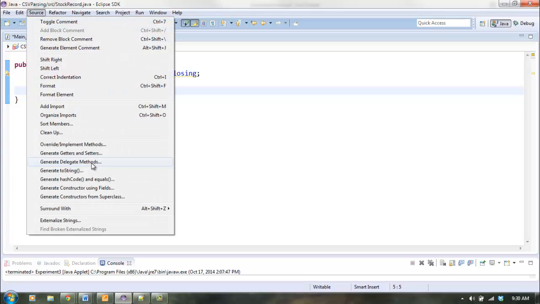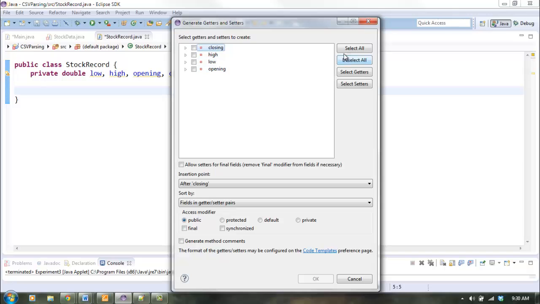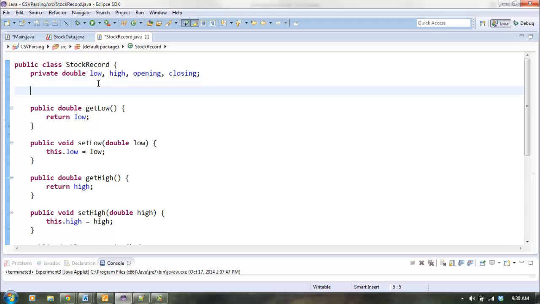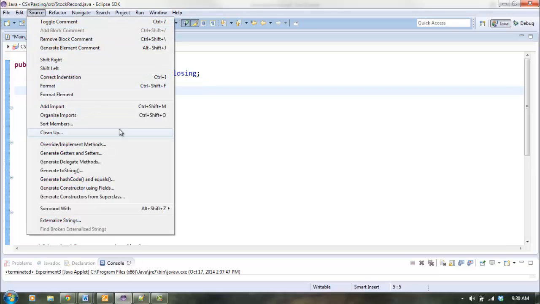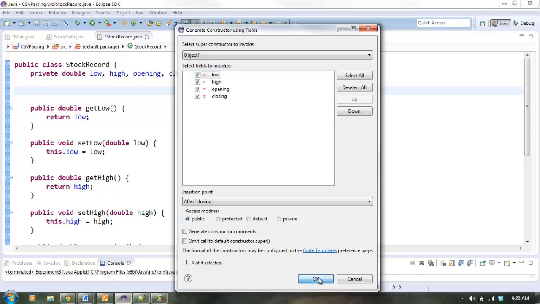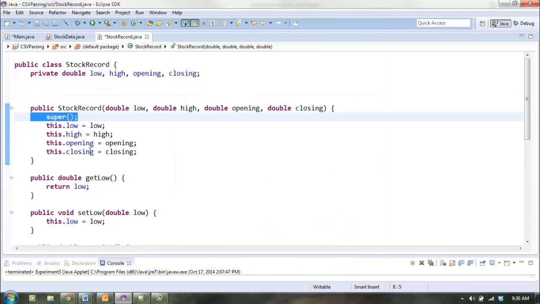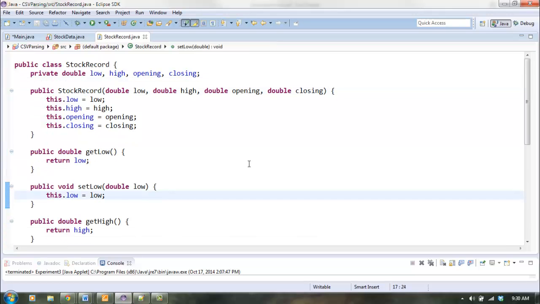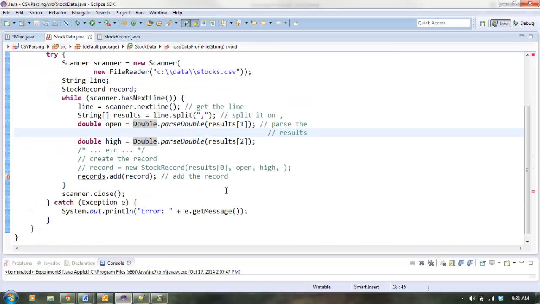I'm going to auto-generate everything here. So getters and setters, as well as a constructor. And I want to construct it with all those values. I don't need to call the super constructor. Alright, so that should be my stock record class. Let's pay attention to the order here. Low, high, opening, closing. Okay, so here back in data,